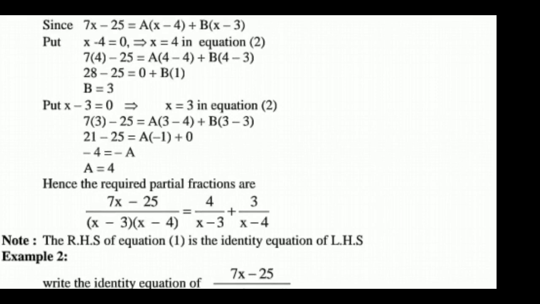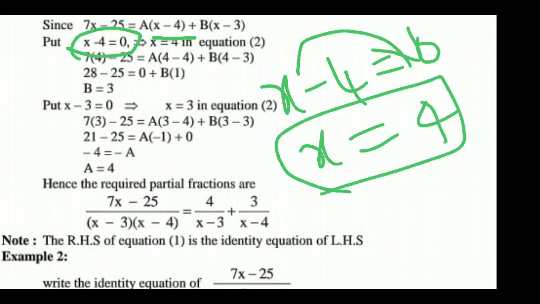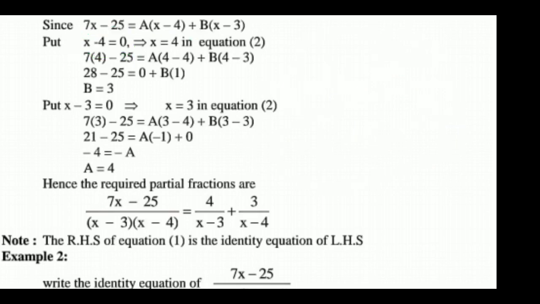Now out of the two factors, what is the first factor? x minus 4. You have to assume that equal to 0 always for this type of problems. So x minus 4 equal to 0. Then what is the value of x? Bring minus 4 from left to right and you get plus 4. So x is equal to 4 from the first factor.